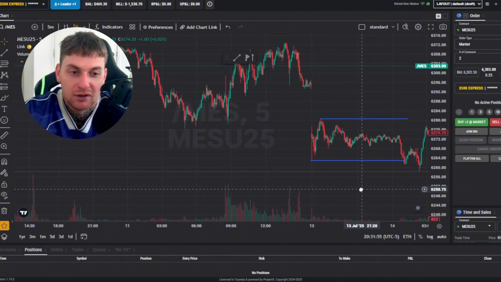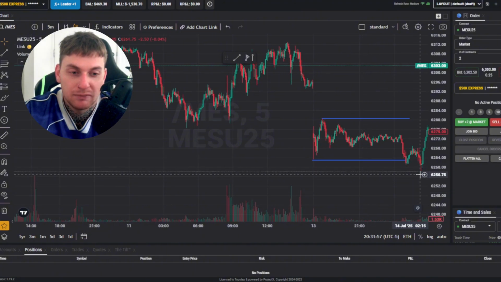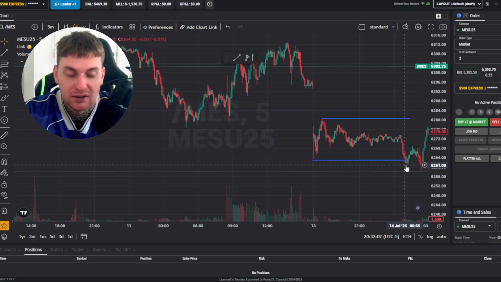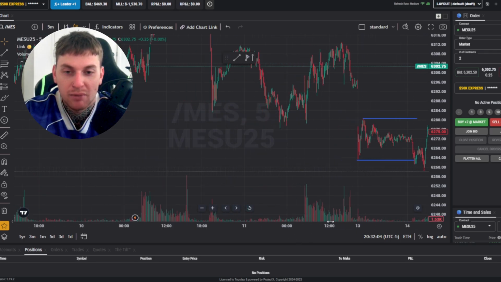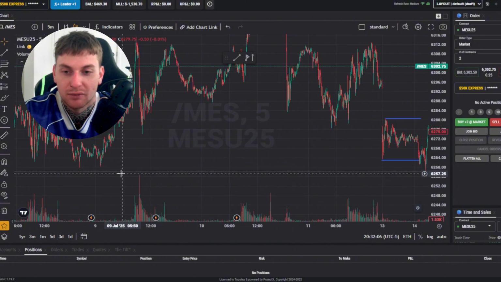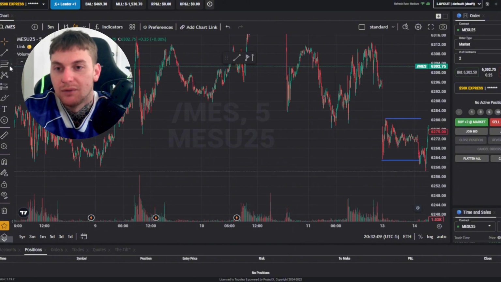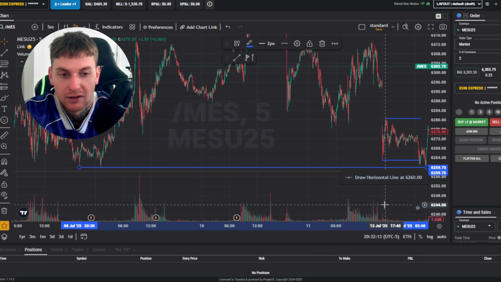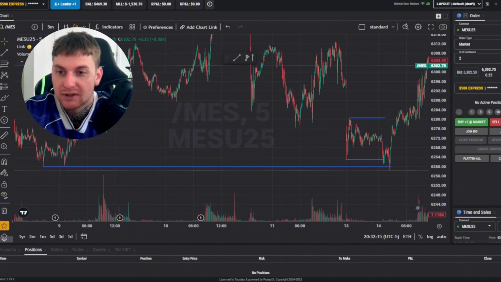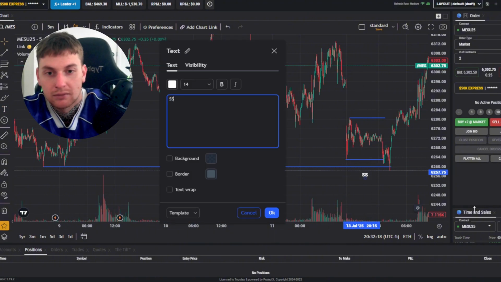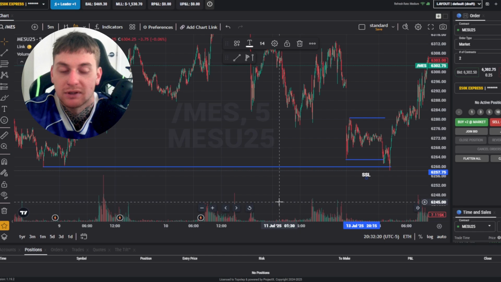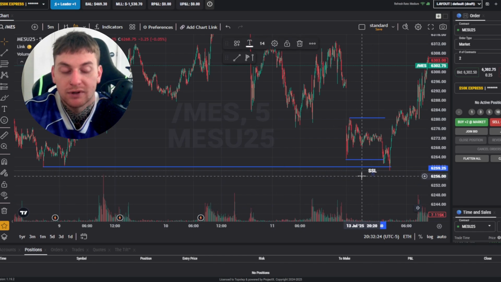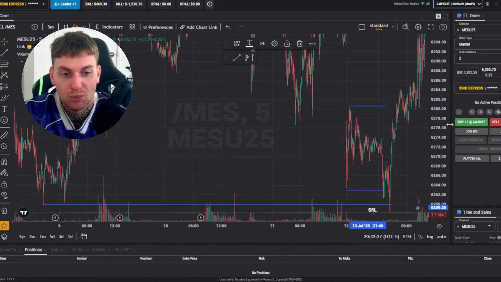So we see price move down here to this point. It gets out of this range, displaces lower, sweeping this liquidity here. And looking back also, if we go back to the previous week's lows, we see there's these relative equal lows here as well. So we have this massive sell side liquidity here that has been swept. And after they sweep this sell side, I'm looking for a reversal here. So if we zoom in a bit more now,